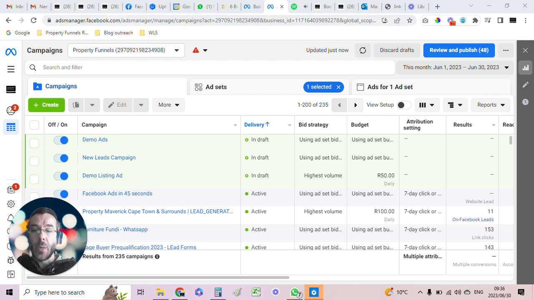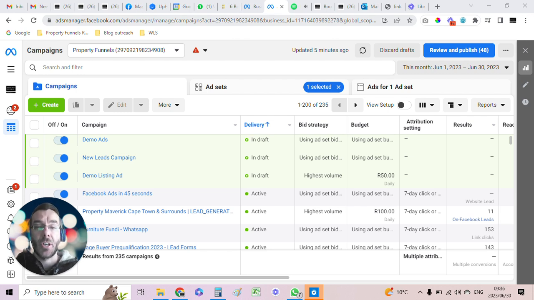So I want to show you quickly, this is what it looks like on the back end of Facebook. Remember, Facebook has 3 levels. It's the personal profile, the normal human profile that you log in with and that you created your account. Then you've got a business page. This is where your business resides, and it enables you to advertise on behalf of your business. And then on the back end of Facebook is something called a business manager, and inside that business manager is